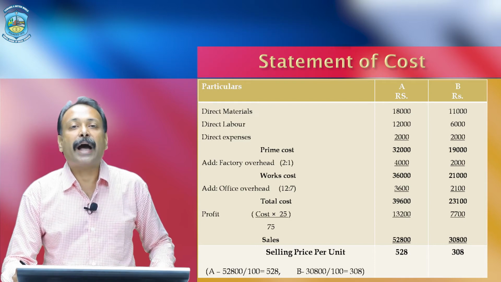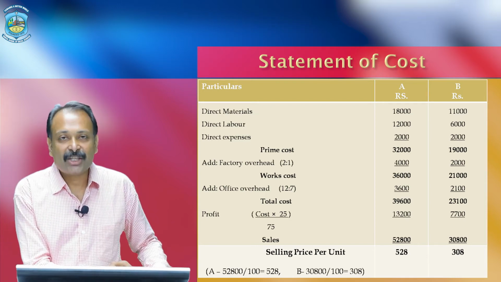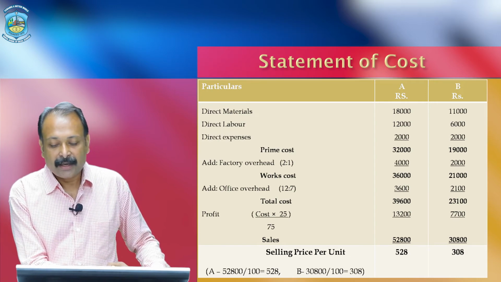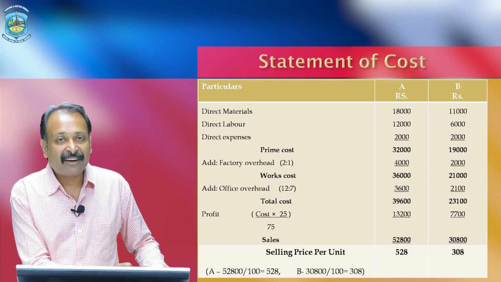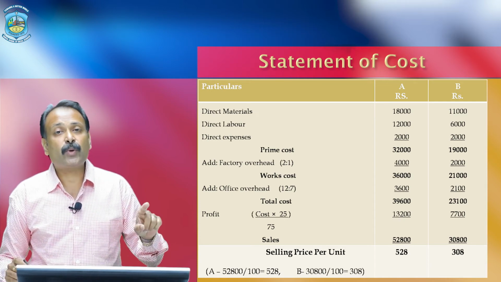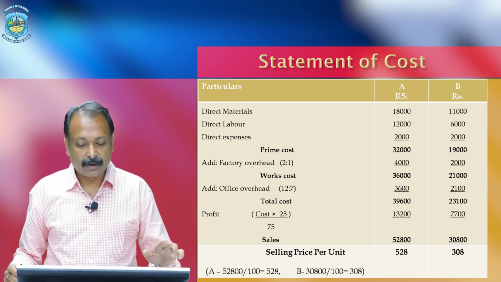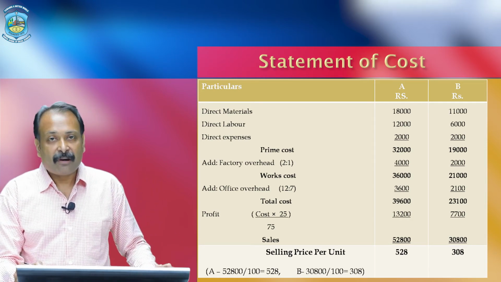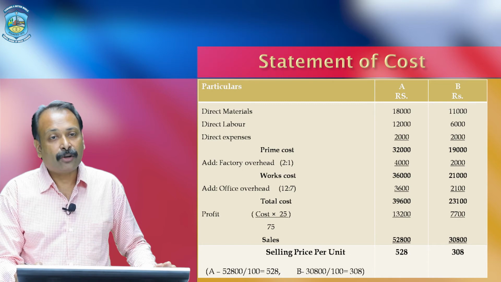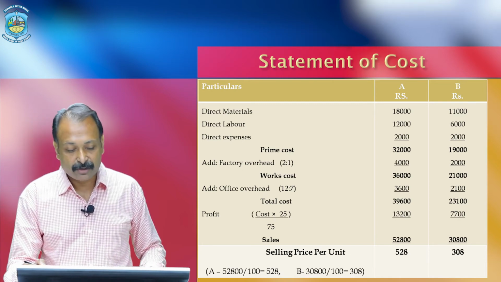Now we are going to add profit to it to know the selling price. In this question, it is given that a profit of 25% on sales is to be realized, so we have to calculate 25% on sales and not on cost. So as per the formula, we have to calculate profit on sales and not profit on cost. So we are going to add 25% on sales. So first of all,